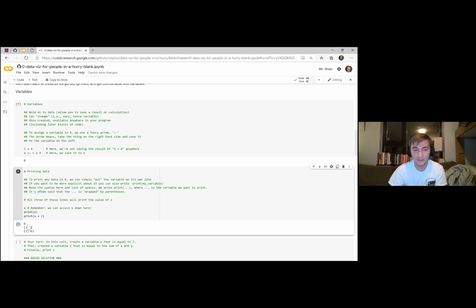Hopefully that makes sense. So that's variables. And you'll get a chance to play around with that in just a second. And then before I get ahead of myself, there's also printing data. Very commonly, you'll want to see what you're working with in R. When we have it saved as a variable, we want to know what's in the variable a lot